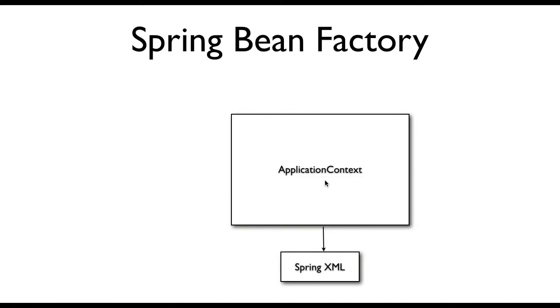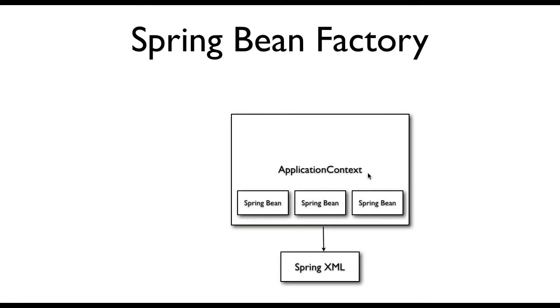It's just the initialization of the application context. It reads the Spring XML and it looks at all the beans that are available in the Spring XML, and it actually creates them by itself. Note that there is still no call to the get bean. Without any call, the application context during initialization itself has initialized all the Spring beans that we have configured